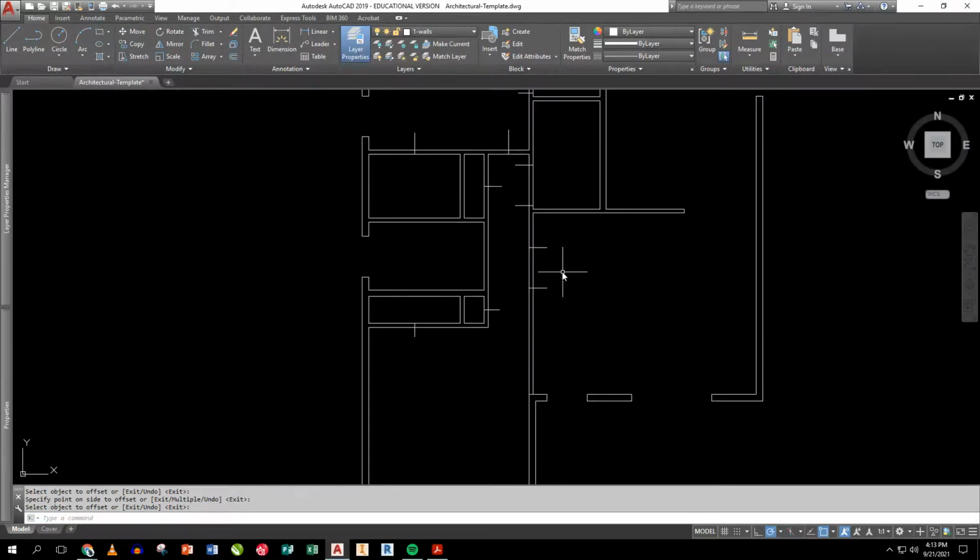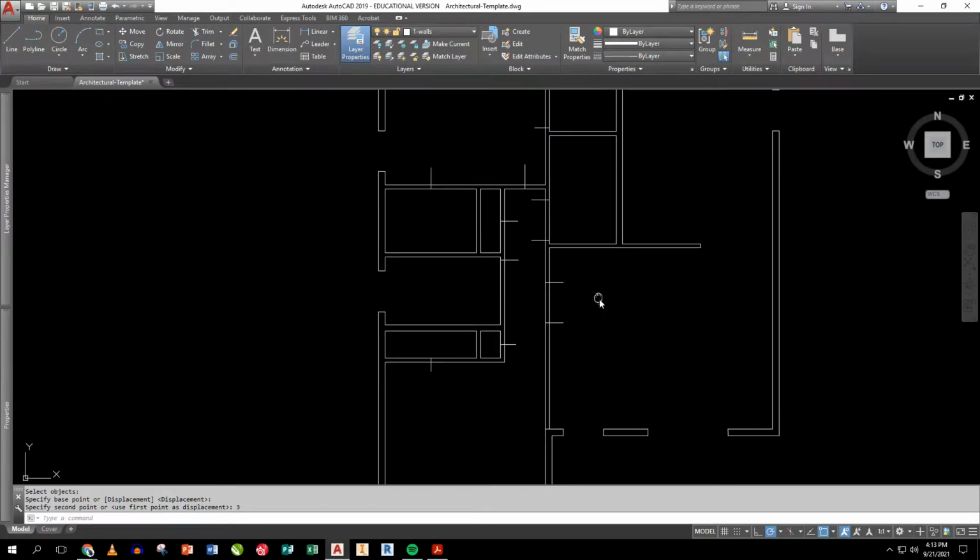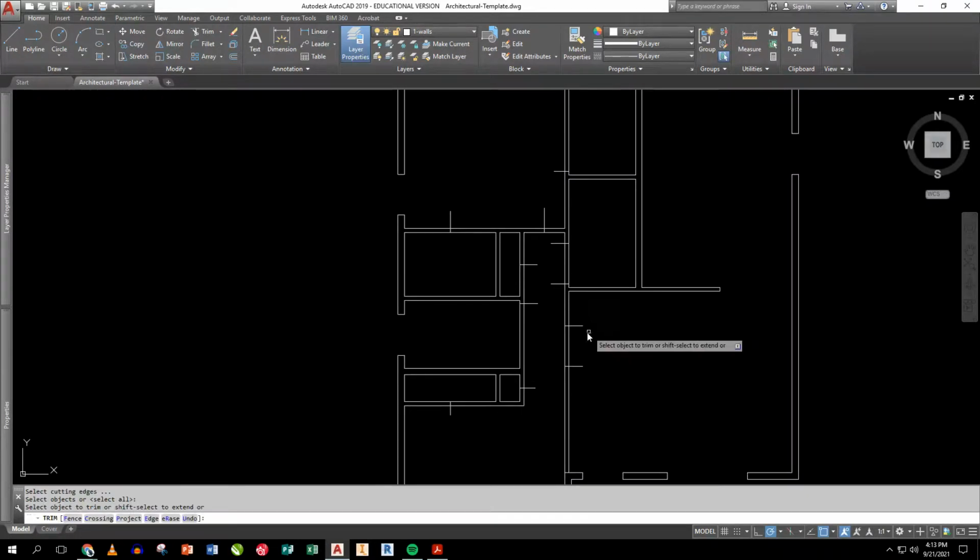I need to do a few things here. I forgot to mark in this bathroom door, which I have to move this line down 3 inches. And then I've got to mark in a couple other little things. So I'm going to do some offsets and some trims real quick. First off, trim, enter, enter, get rid of this and leave the opening from the living room into the hallway. Trim out this piece right here that is the door into the laundry room by trimming out that and